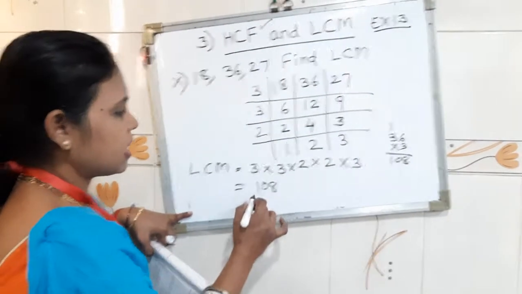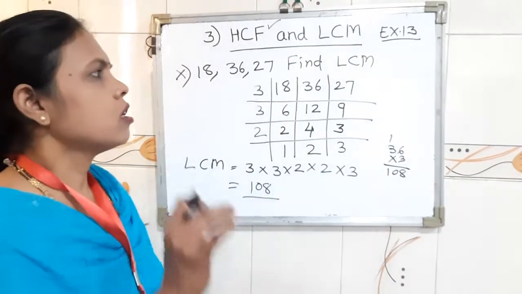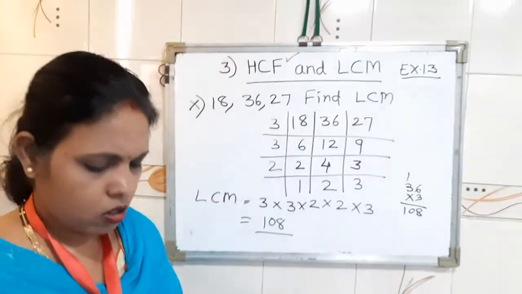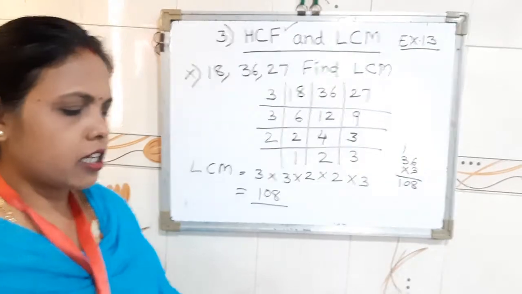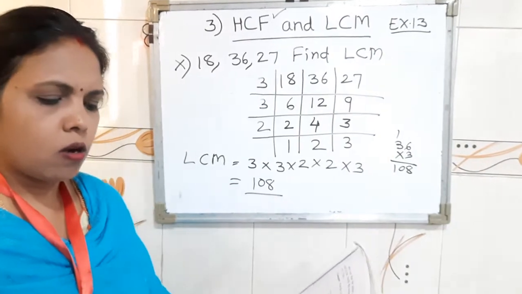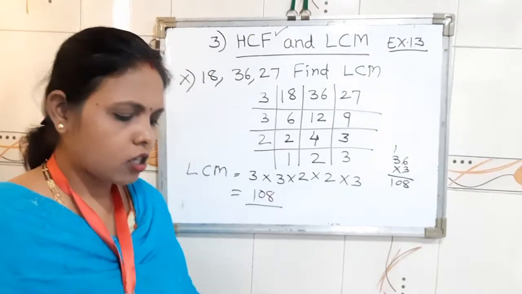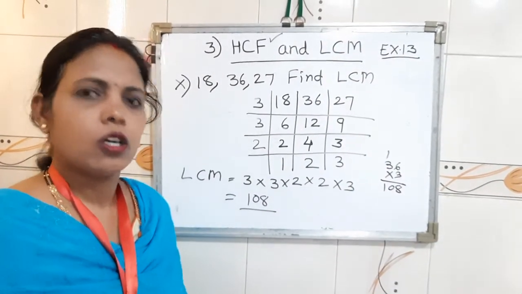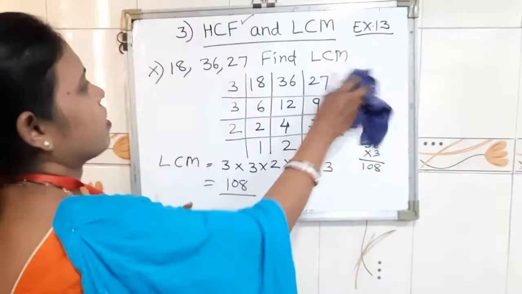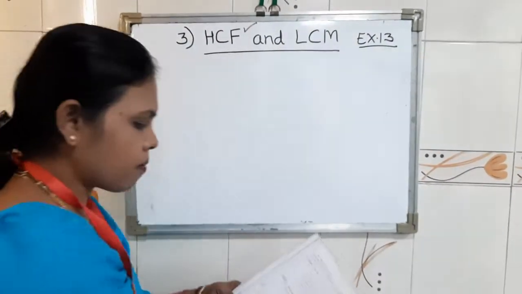108. That is 108. So children, I hope you all understood the sum of LCM properly. Now we are going to move to our second sum, that is, find the HCF and LCM of the numbers given below. Verify that their product is equal to the product of the given numbers. So children, here first question we will see. Question number one,